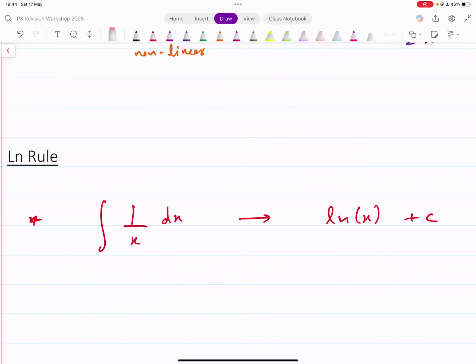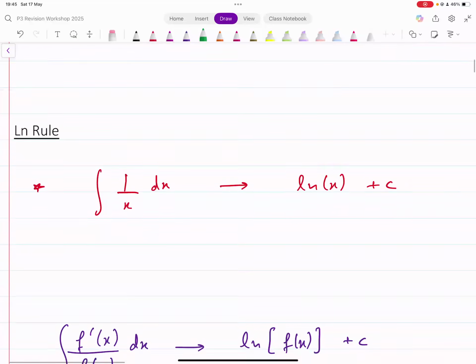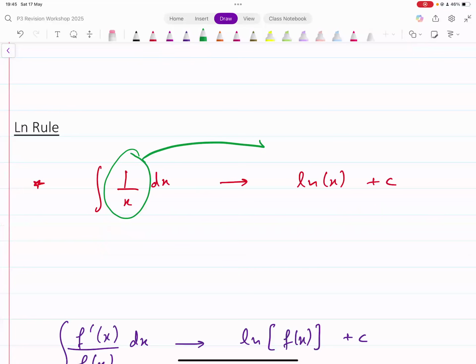Okay, so we have a number of rules for integrating fractions. The first of them is what we will be calling the ln rule. Now, what's the ln rule? This is a simple example of that. 1 over x integrates to ln x. That comes up a lot, so you need to just remember this. It's given in the formula sheet as well. 1 over x integrates to ln x. But in general,